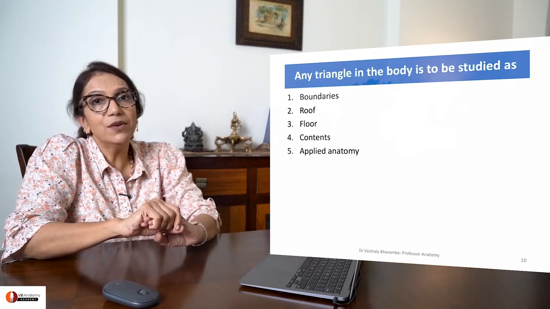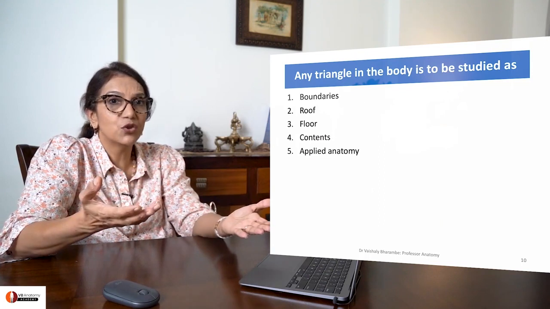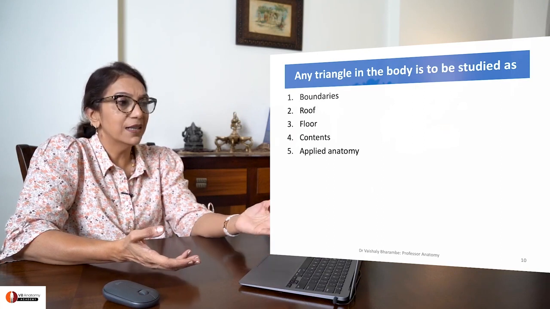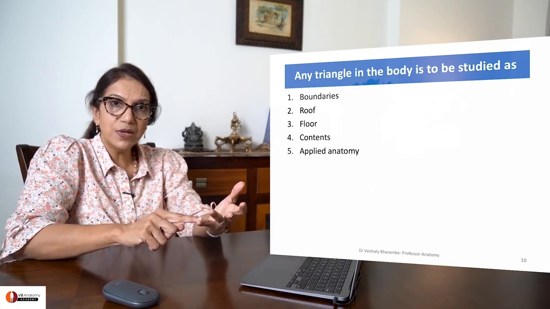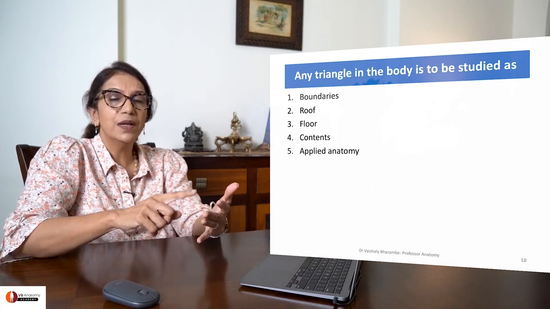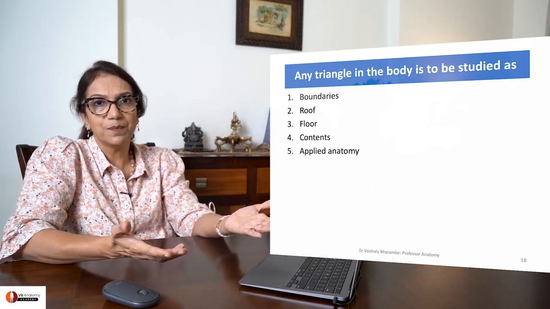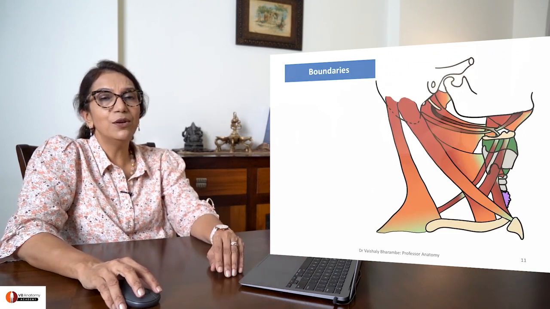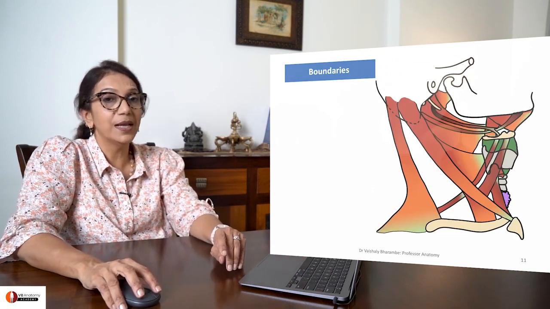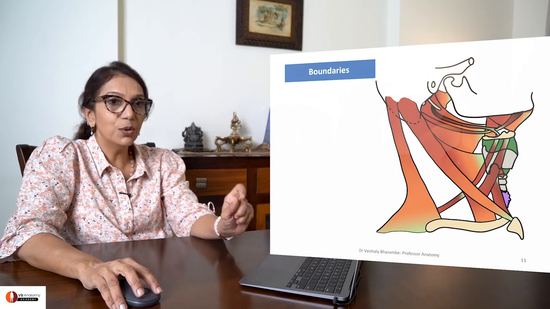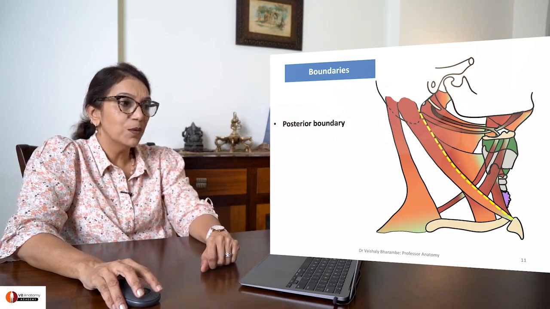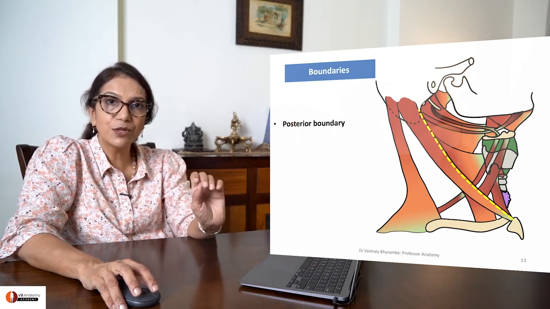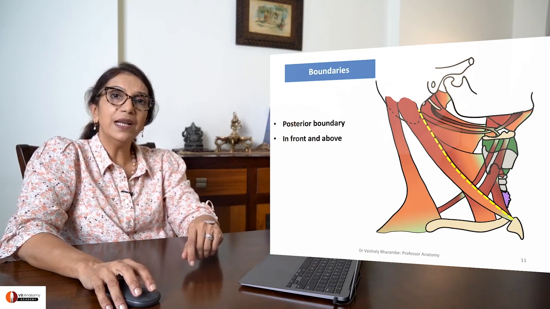In the body, whenever you try to explain a triangular region, it's done under certain headings. These are the headings. Give the boundaries, give the roof, the floor, the contents, and applied anatomy. Common sense. Okay. So let's follow the same pattern and begin to understand the boundaries of this triangle in detail. Take a look at the dissected specimen. Posterior boundary we already know. Anterior border of sternocleidomastoid. In front and above,